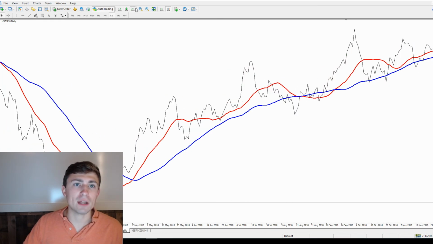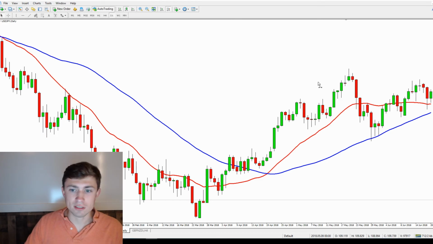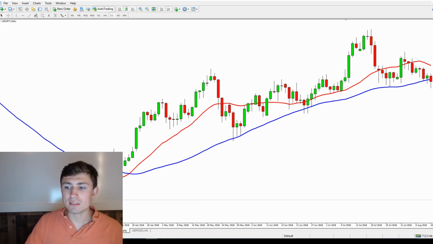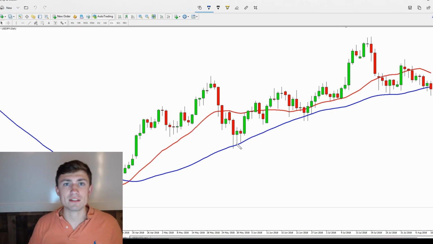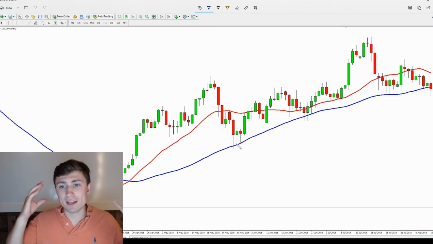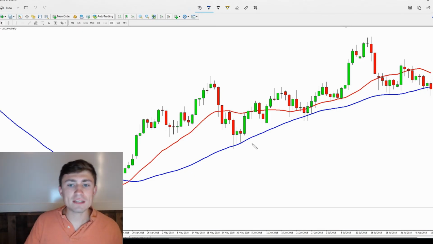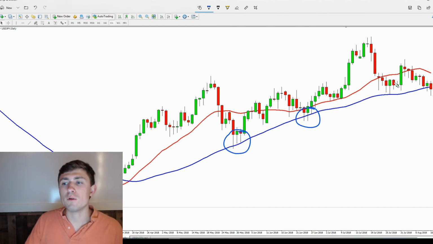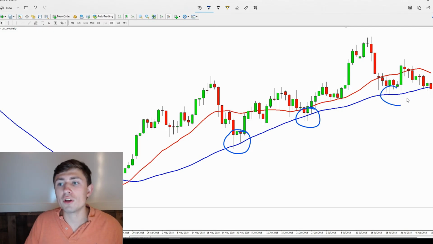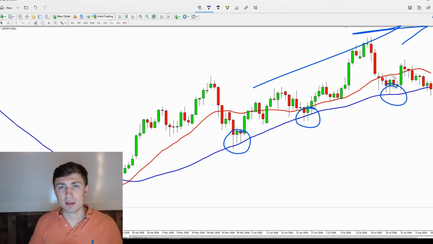Something as simple as, well, let's not do a line chart. Let's do a candlestick chart. Something as simple as buying these pullbacks, right? Let's say that you have a technical price action based concept using a moving average as well as support and resistance. Something as simple as pulling back to this moving average might have actually been a beautiful signal if you are following fundamentals or something, or you're simply using longer term trends to ride these movements to the upside. Something as simple as that on USDJPY can work if you manage your risk properly,